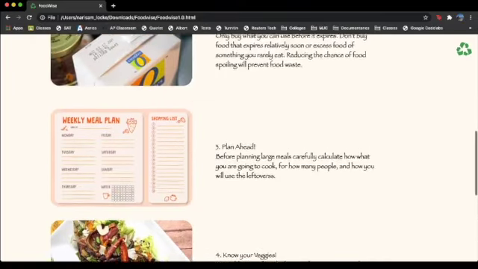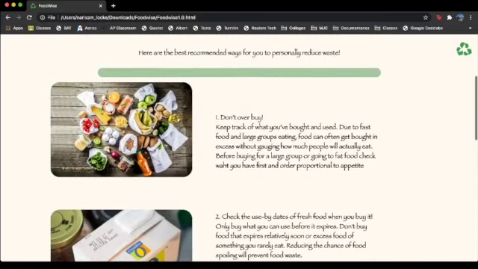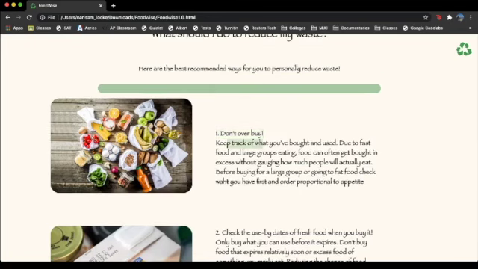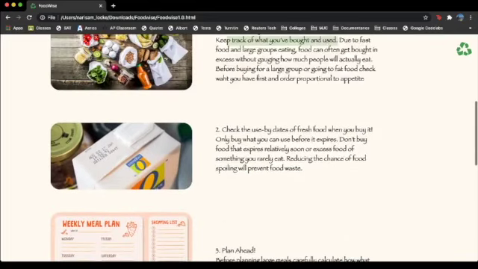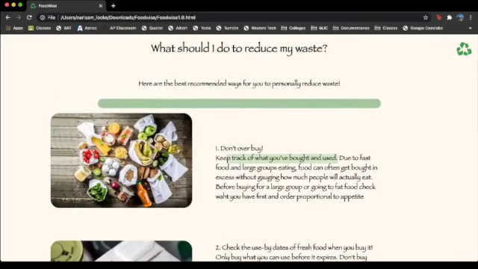Your number one answer on how to reduce food waste is customized to: overall you tend to overbuy, and that leads to food waste. So you need to track how much food you bought and used. This can come through creating a list and planning ahead, or it can come through just tracking how much you're going to buy for a group as a whole.